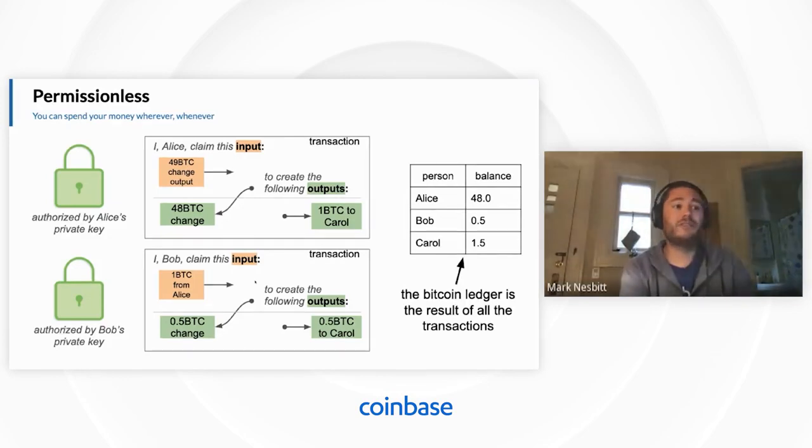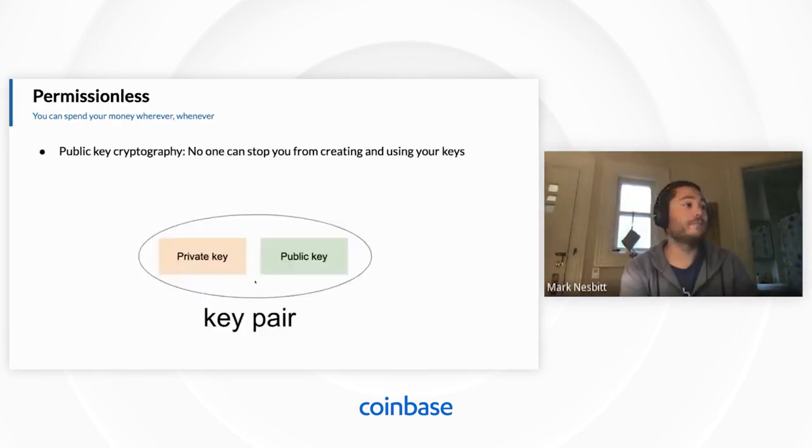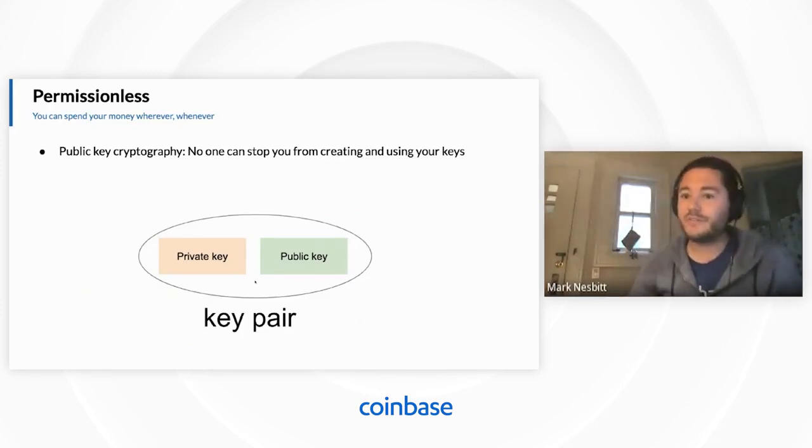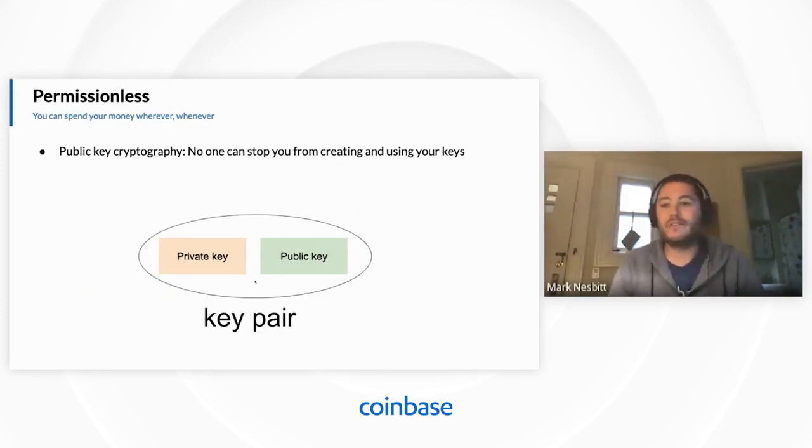So the Bitcoin ledger is the result of all these transactions and who owns what. So this comes back to this permissionless nature. No one can stop you from creating and using your keys. I mentioned it's just math. You just generate large numbers. From these large numbers, you do mathematical processes and you create a public-private key pair, and you can sign and you can receive, you can share your public keys. And all of this is done by you with software that implements mathematical principles. You don't have to go to any central location or ask anyone for permission to be able to do this. You just have to make an agreement with someone who wants to send them to you. It's peer-to-peer.